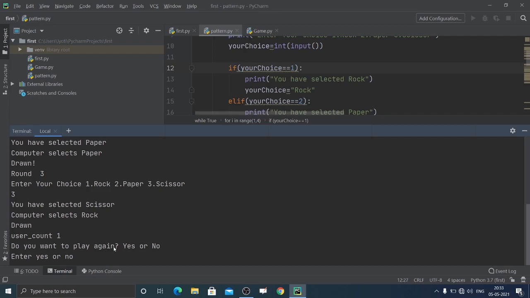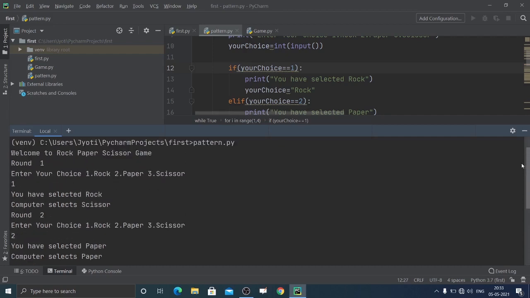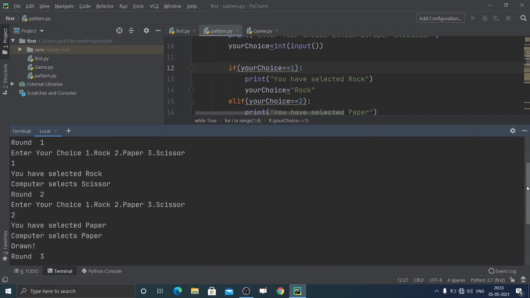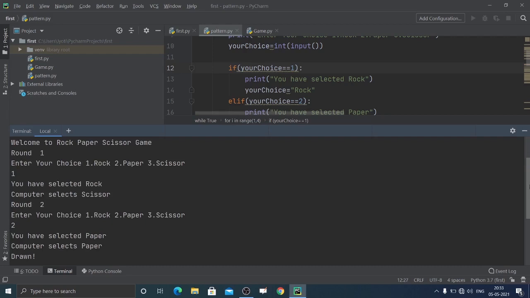So basically, what is happening here? First, there is a welcome message. Then we are starting the loop, and that loop works only three times. There will be three rounds, and in each round there will be a game between the user and the computer.